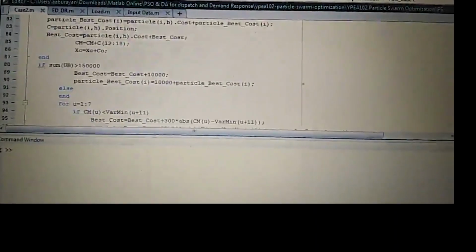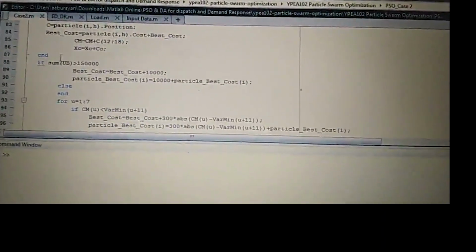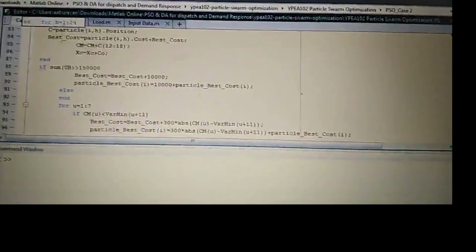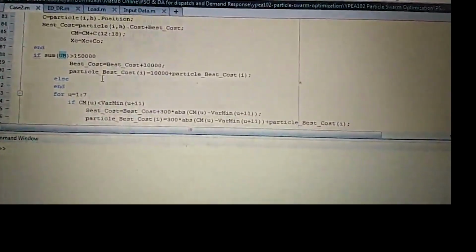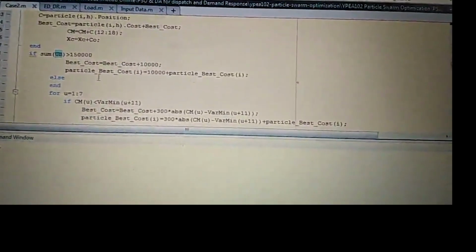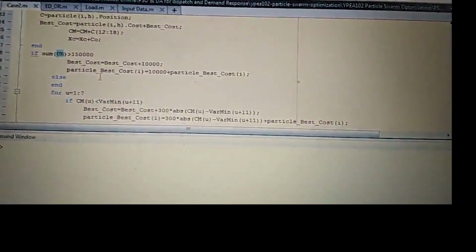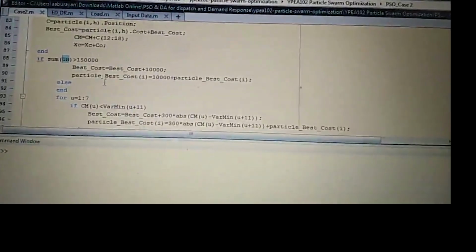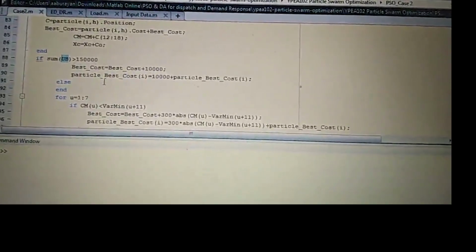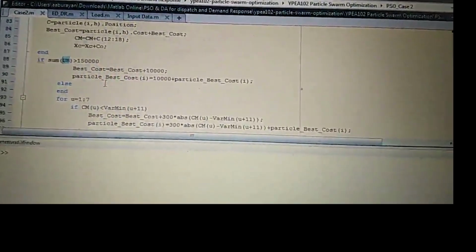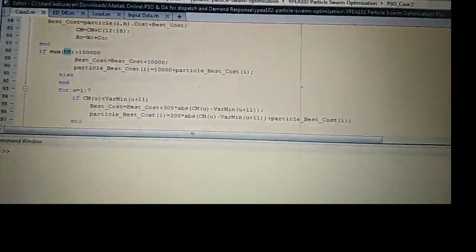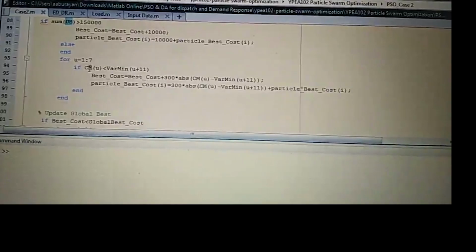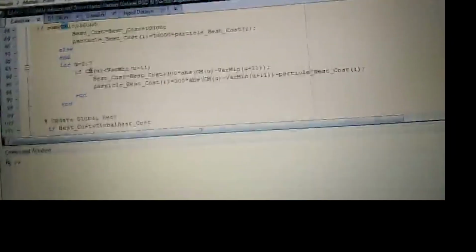After finishing the 24 hours, we applied the cost incentive: the customers' incentive cost should be less than